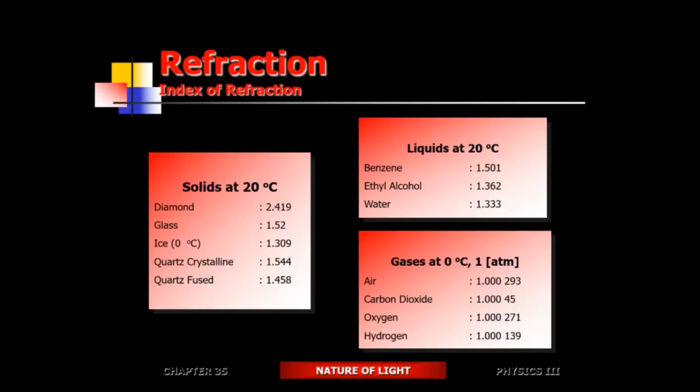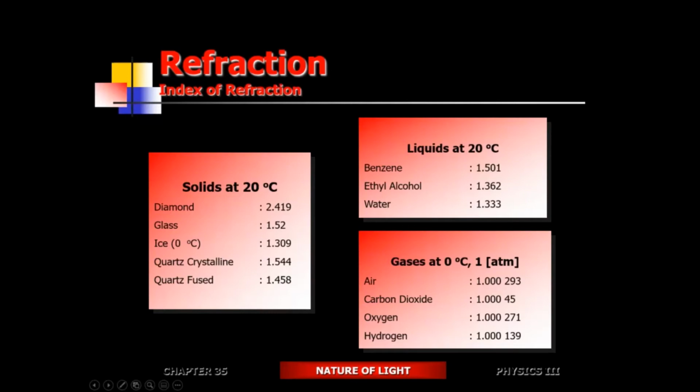All right, so the next question is, what's causing refraction? Why is it that the light is bending in these optically denser media? The reason the light is bending is because the light actually slows down in denser media. Upon entering into glass, it's going to slow down. In water, it's going to slow down.